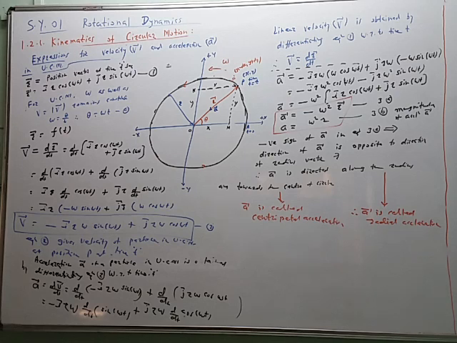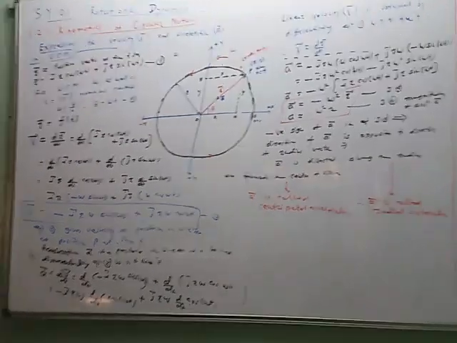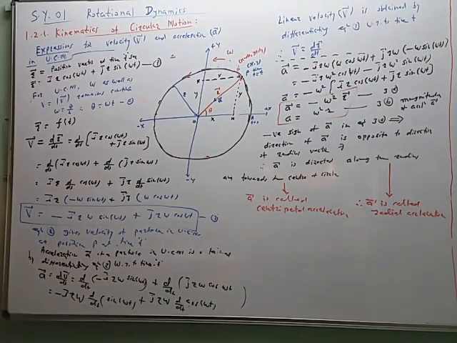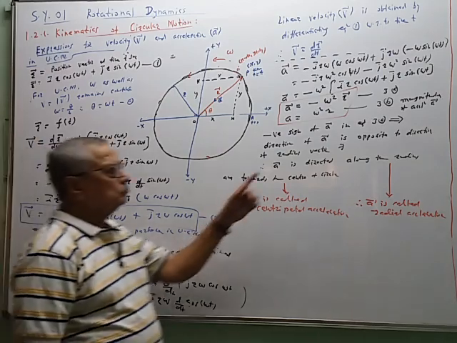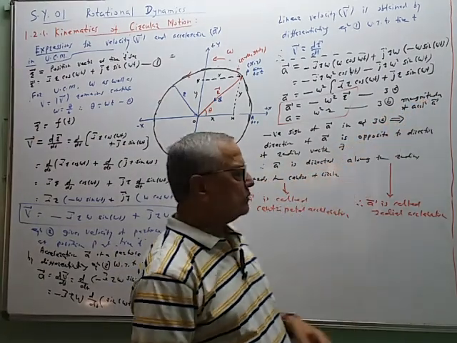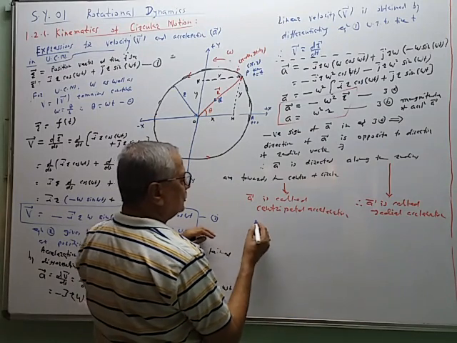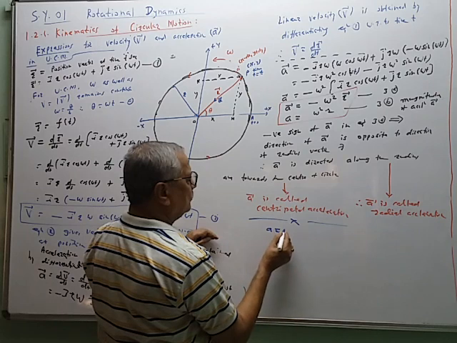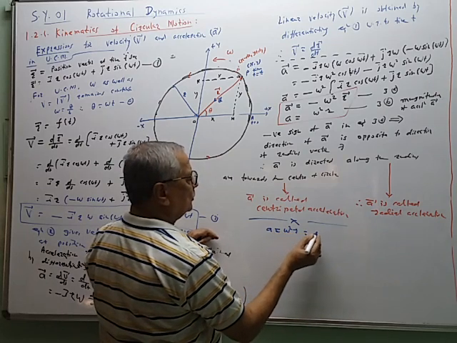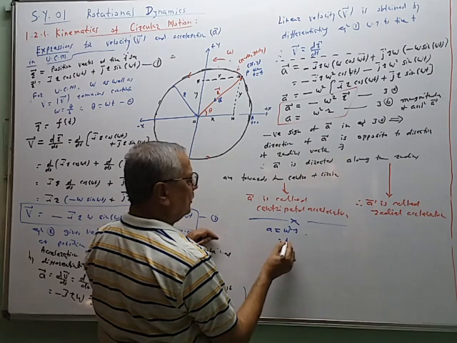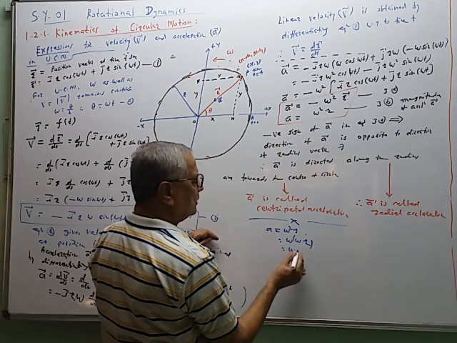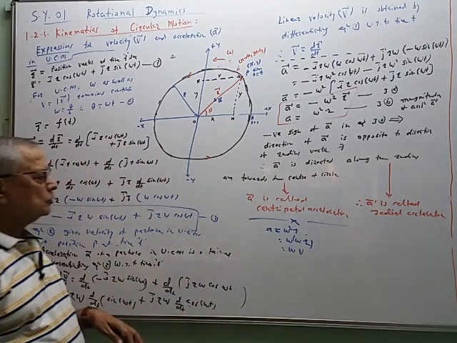So for that purpose, we will use the property of the dot product and vector product like this. Now for solving problems, this magnitude of the acceleration vector can be used in two different forms also. So A is equal to omega square r. This is one equation. So I will write this as omega into r omega. So what is r omega? It is nothing but v.